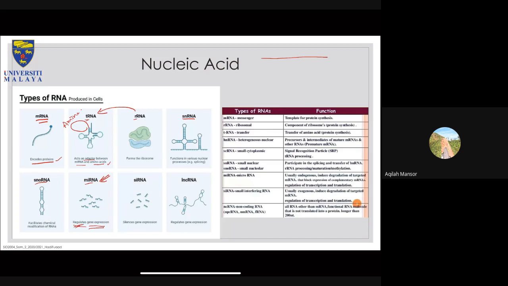siRNA, on the other hand, silences gene expression. These are mainly not in humans, but mainly in invertebrates, for example in worms or in some types of fish, or even plants, which use siRNA technology to silence gene expression. So what does silence mean? It means that it stops the gene from working in the body.